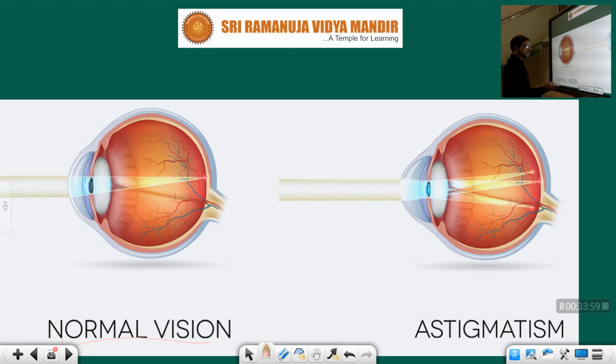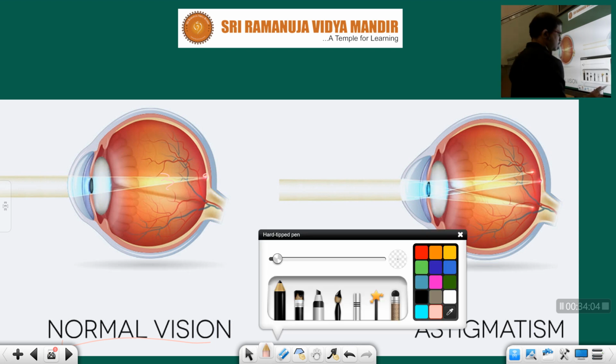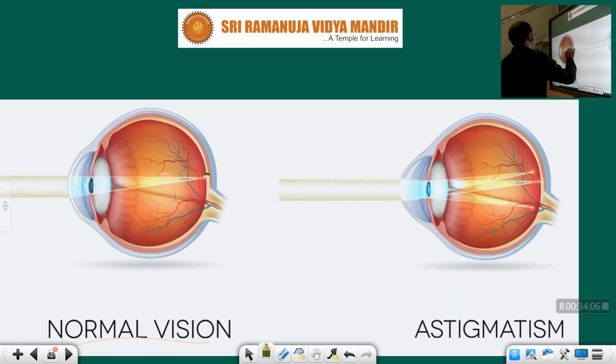This one is normal vision. The light rays were formed at that point. Now see here once. At one point the light rays were meeting, children. Okay, normal vision, this one without any defect. But here what happened? At one point one image, at another point here, meaning it is spreading. It should not spread like that, the light rays.